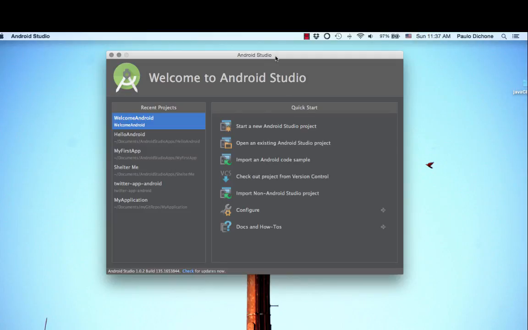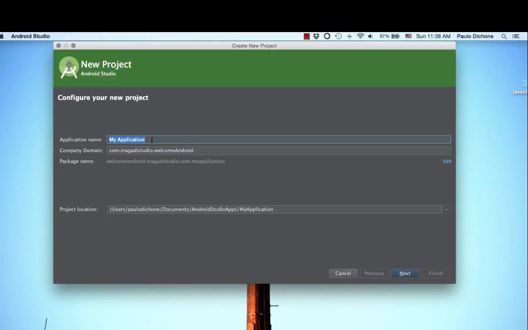The first thing we're going to do, obviously, we're going to go and create a new project. If you still have the other project, welcome to Android project we've been working on open, just close it, and then Android Studio will give you this. If not, just go ahead and just open up your Android Studio. So once we're here, just go to Start New Android Studio Project. Click on that. We're going to call this